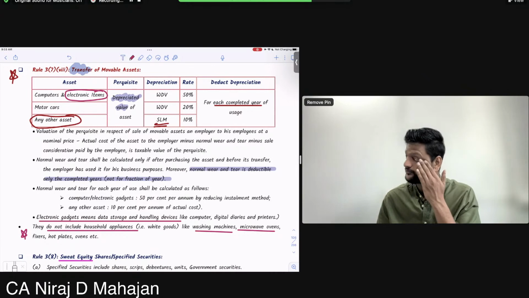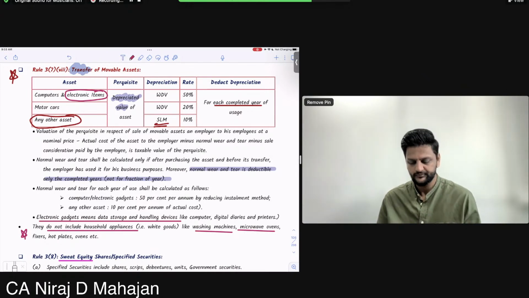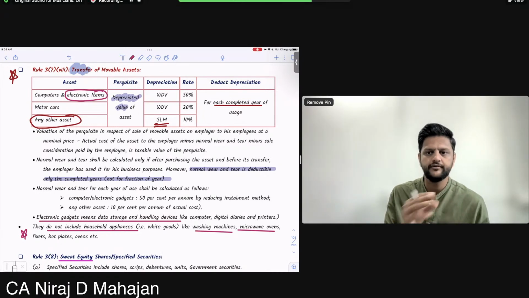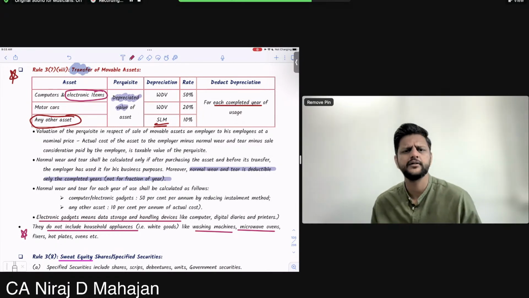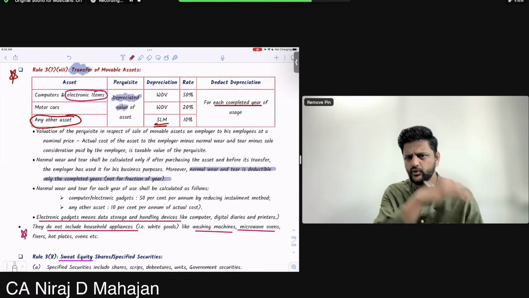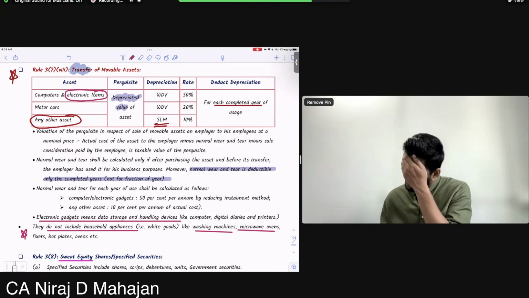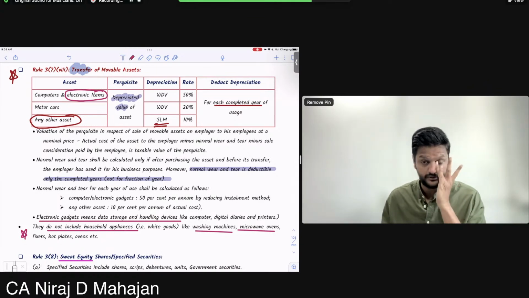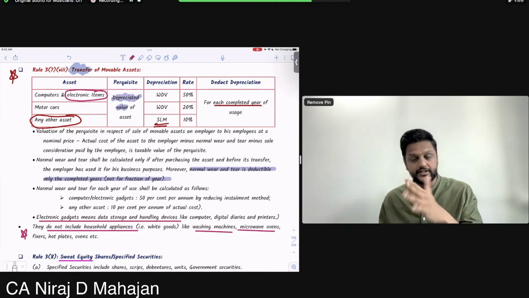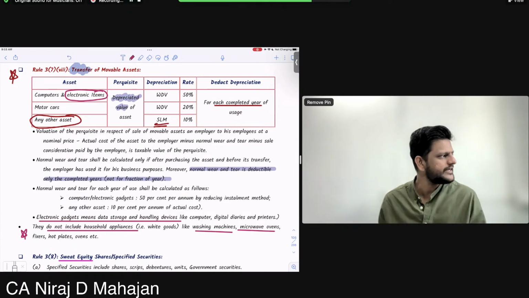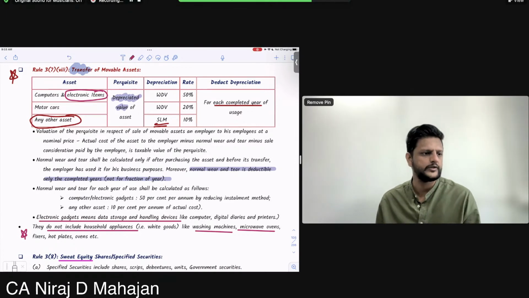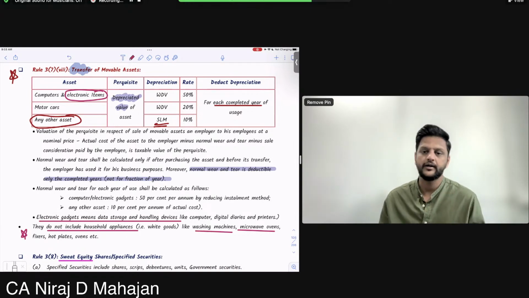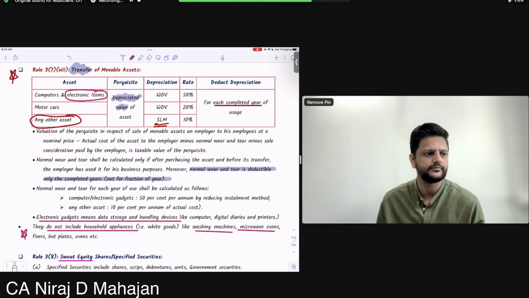Don't just blindly follow what is given in the question. Whenever in doubt, always give notes and give this clarification: even if the company is depreciating at some rate, it will do anything, it is a company. It will depreciate as per whatever schedule is given for depreciation. We'll see this in the next chapter also, PGBP. What the company does is not important. As per income tax you have to see, so we have to follow the rules.